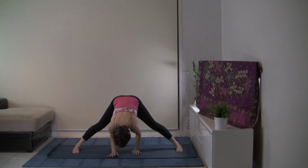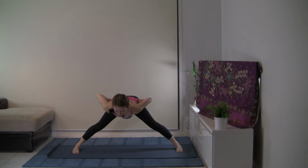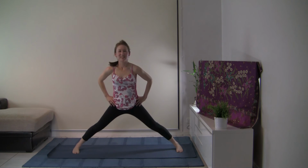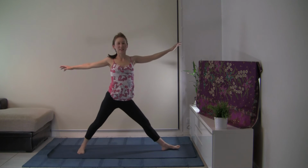And with your inhalation, let's walk the hands forward, nice long spine. Exhale, taking the hands to the hips, drawing the belly back. Inhale, let's come back up to standing. So let's walk the feet a little bit closer and turn the right foot out, taking the arms out at